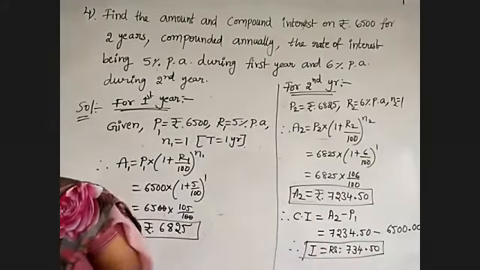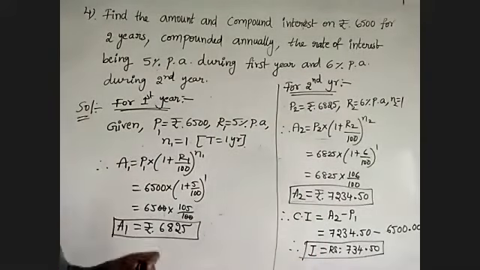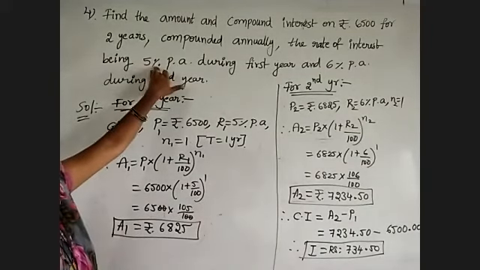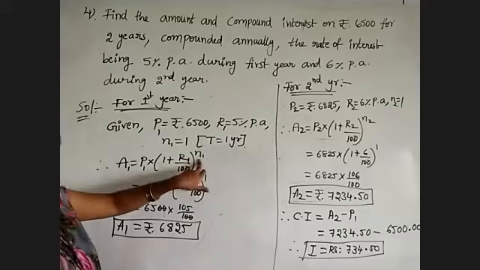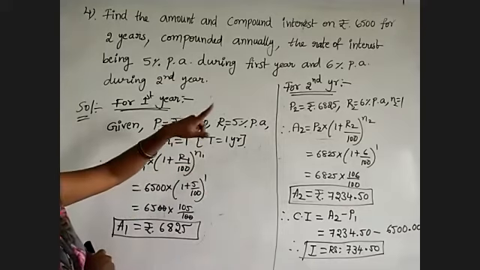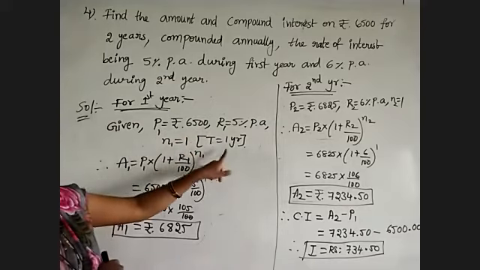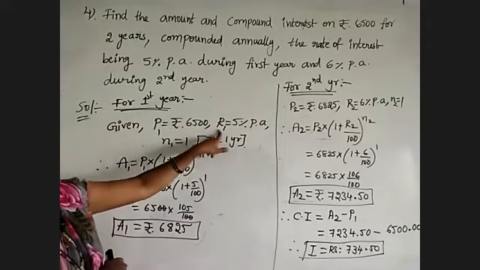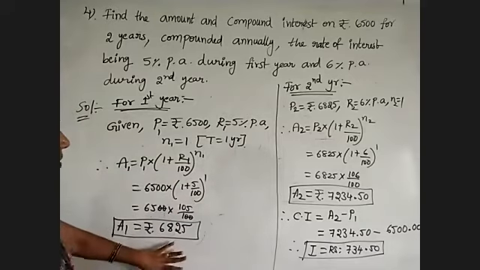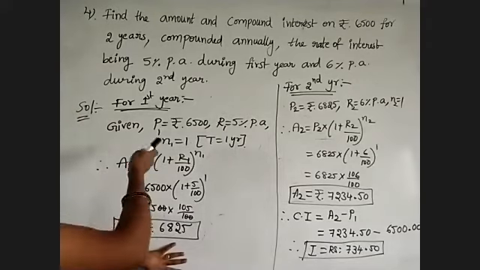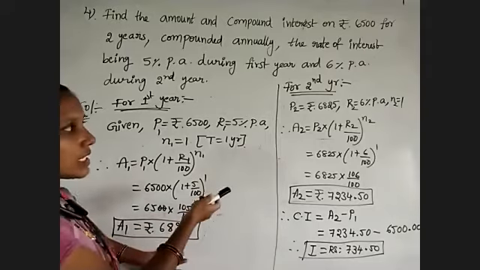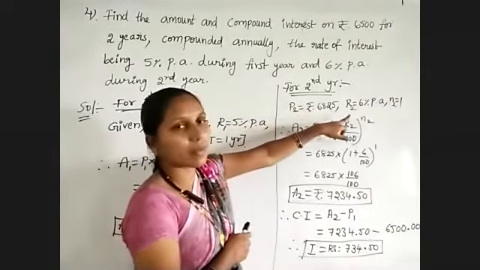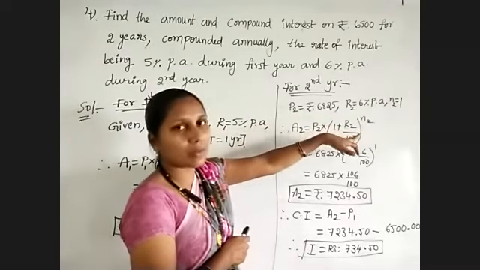So once again, observe the question here. Somewhat difficult question, only this one. What you have to do for the first year is take the rate of interest 5% and calculate for only 1 year, because the amount is compounded annually, so the number of conversion periods and time period will be equal. So n equal to 1 and the rate of interest also the same. So 6,825 we are getting as the first year amount, and for the second year this amount will be changed as principal. Rate of interest will be 6% and n2 will be equal to 1.